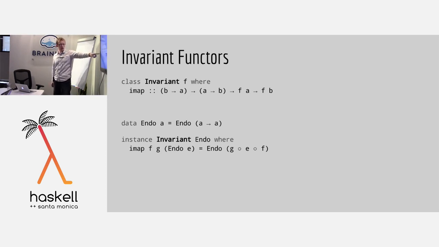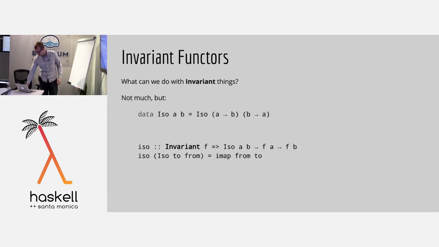So we take these two functions. We have an f that's mapping forwards, g that's mapping backwards, and we just compose. It turns out this composition of three functions is the thing that you need. So invariant functors aren't used all that widely. So what can we do with them? Not very much, but